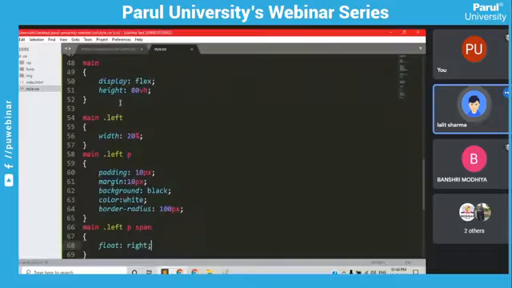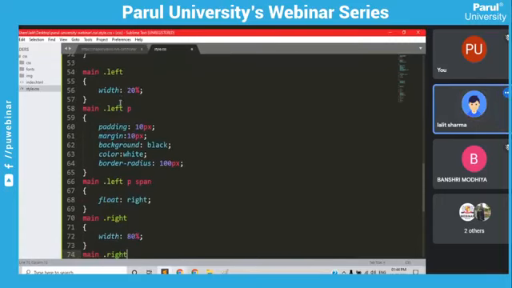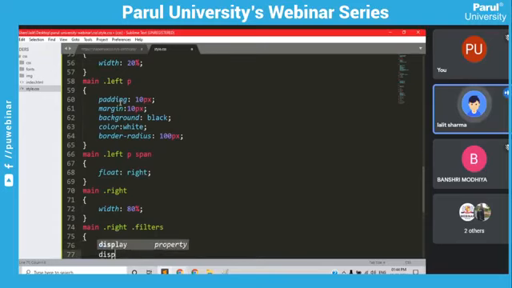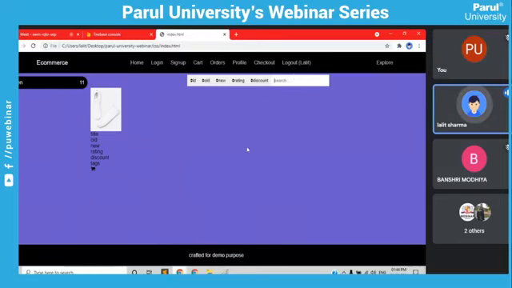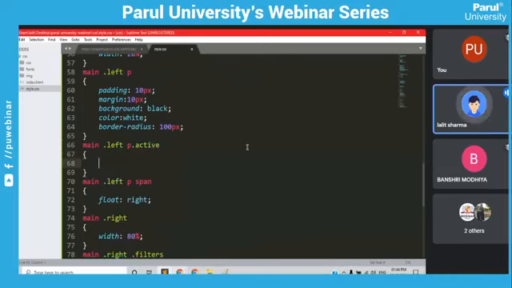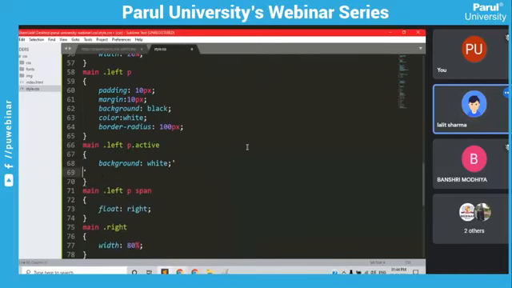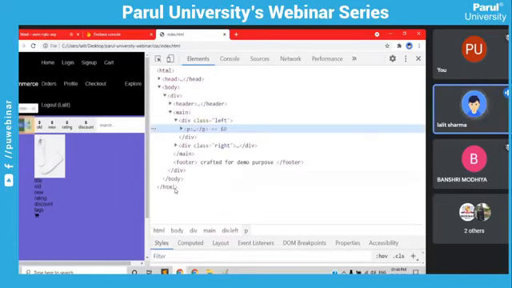So on the right side, in main, we would have 80%. The right side would have the filters class, padding 5 pixel, display flex, and justify content center. This is our section of this. But the moment we have the left side paragraph active, it would have a background of white and color of black. So we should check what active is going to do. The browser itself provides us a facility where we could check what the active class is going to do. So if we check with this left side,